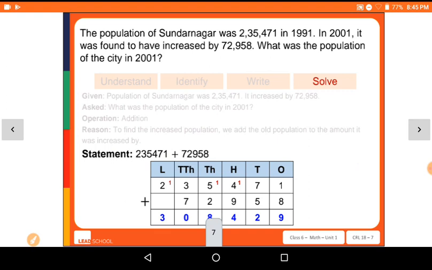solve. So we just have to write down in our place value table. Both things: first we have to write ones, tens, hundreds, thousands, ten thousands and lakh. So we have to write first